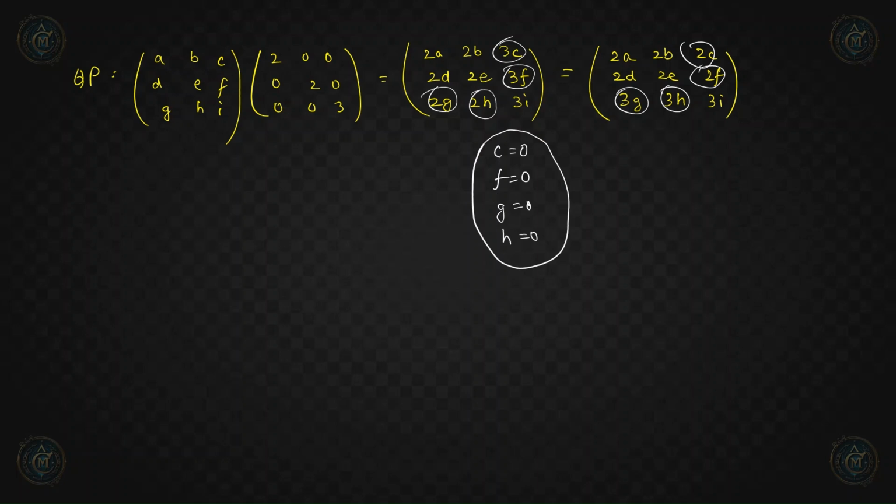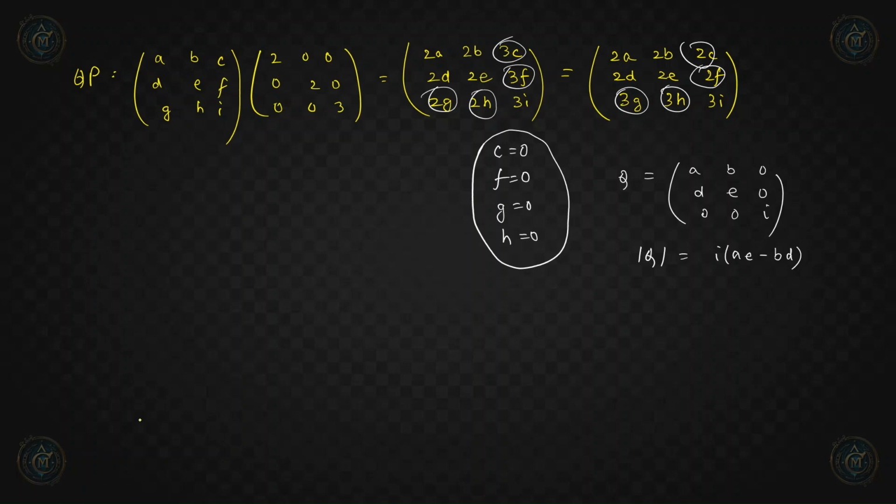So we already determined four variables out of these nine variables. Okay, so now we have to check the combinations for the other five variables. So let's find out. So Q matrix becomes this: A, B, then 0, D, E, 0, 0, 0, I. So determinant of Q will be I times AE minus BD. Okay, this is the determinant of this Q matrix.